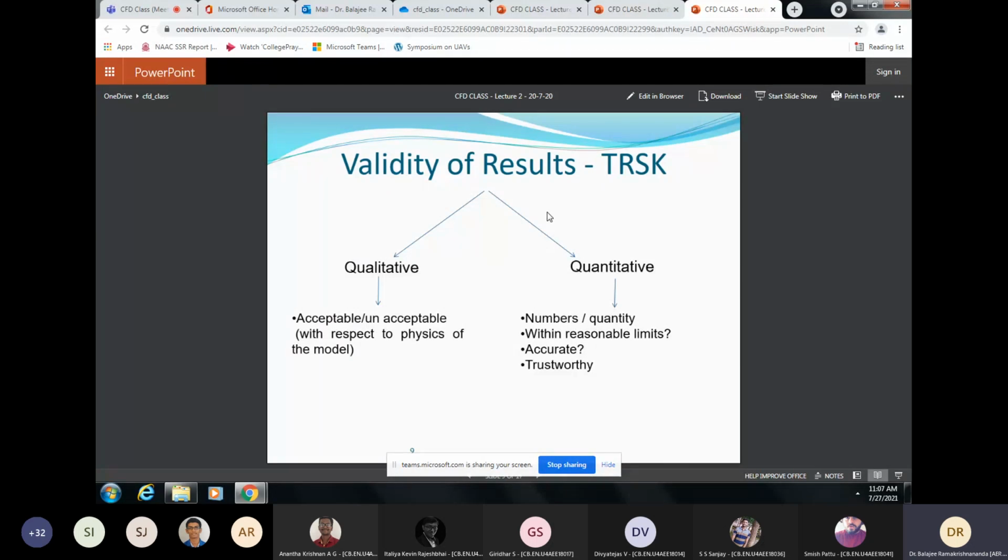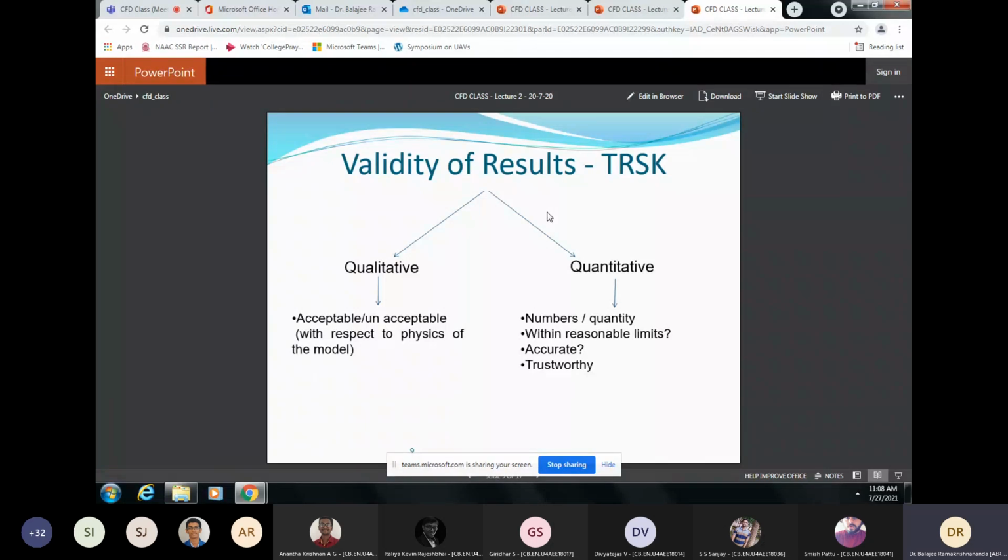So there are two types of validation: qualitative and quantitative. So qualitatively, if you see something, you compare with the physics and say that okay, this is how it's expected. It shows the same trend. So qualitatively, I can believe this model. The next step is quantitative. Okay, it shows the same trend, but are the numbers accurate? Can I believe them, or how much will be the error, even though they look almost the same? It's physically feasible, but I can get a physically feasible wrong result.